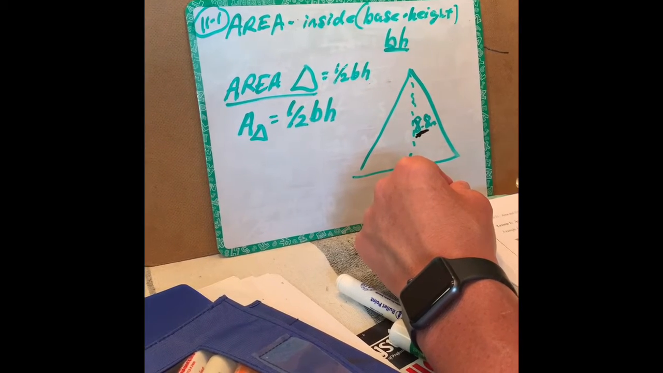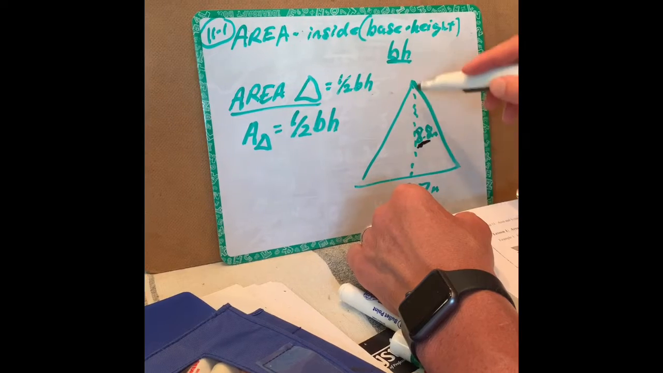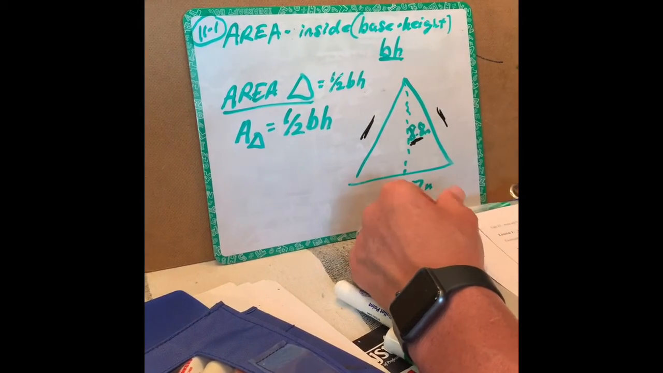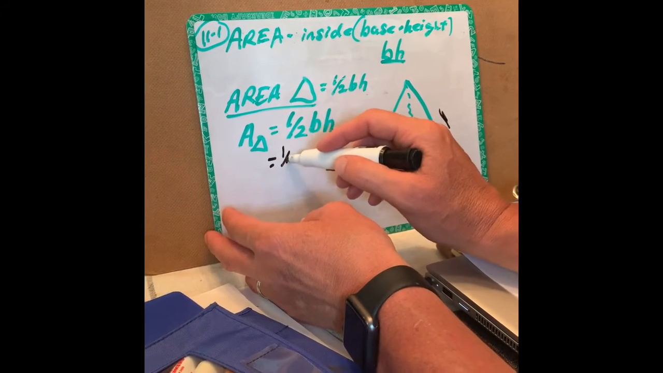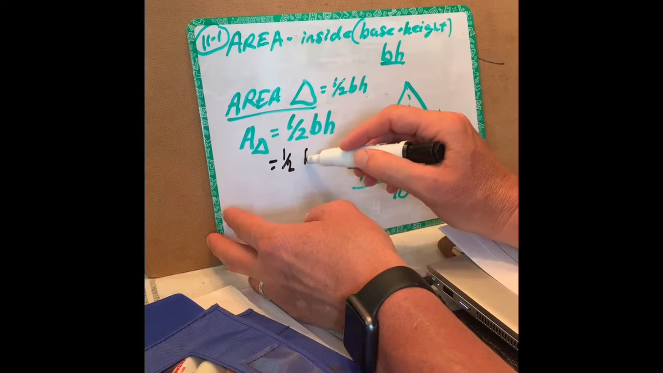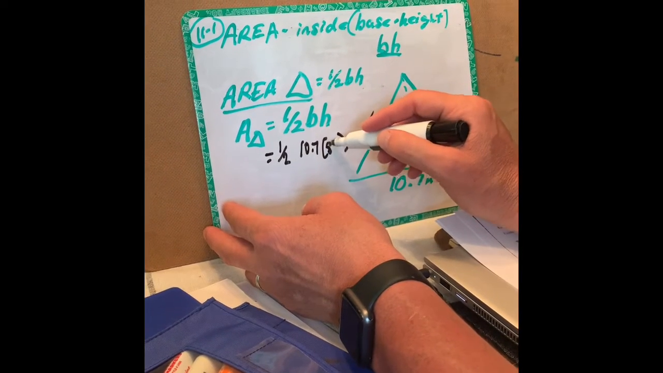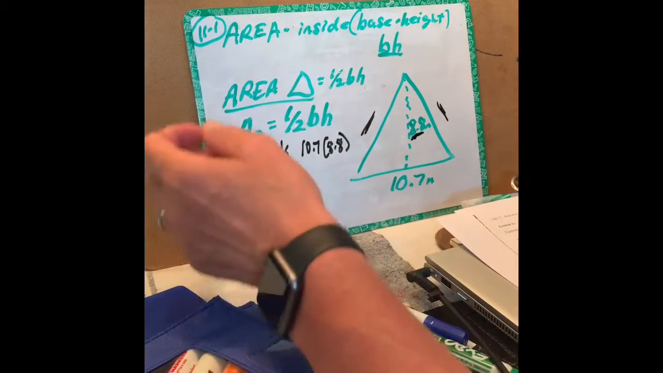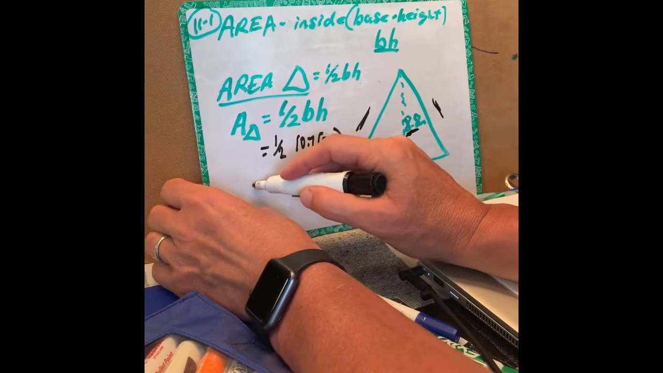But a big mistake for area is to make sure that the height is straight up and down. We never want to look at the height on the sides here. So basically, that's the tricky part on this. The base is going to be 10.7 and the height is 8.8. Okay, so when we multiply that all together, it says round to the nearest hundredth, but this one came out perfectly as